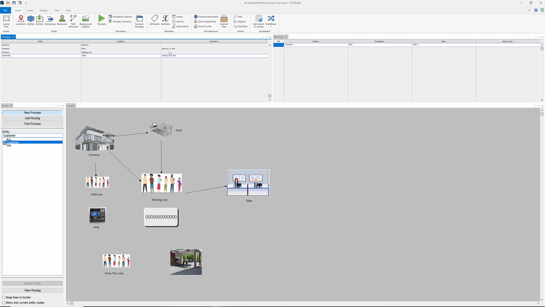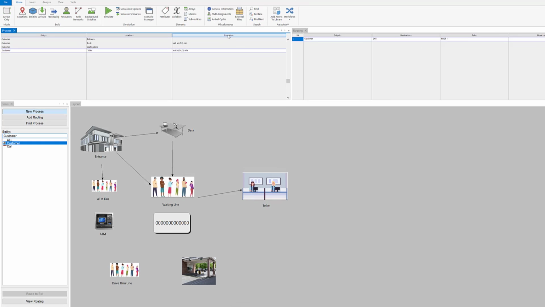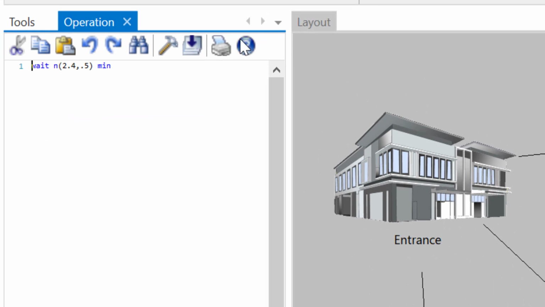And that is, we have only two tellers, so we call them clerk. So if they are serving somebody else, you cannot serve this customer. So we need to edit this. So click operations. So that opens up our